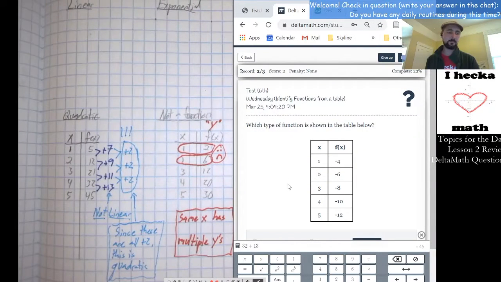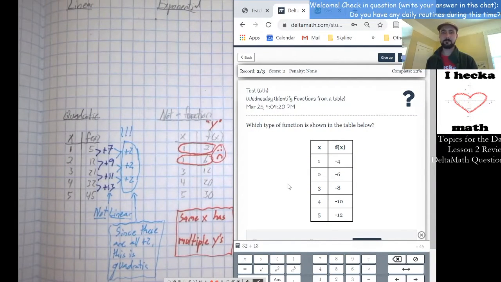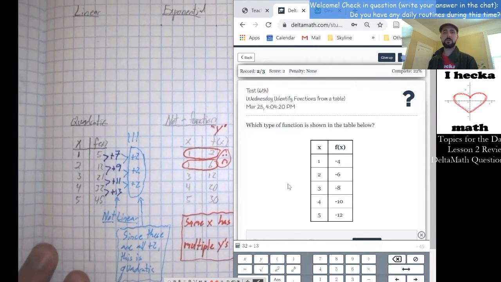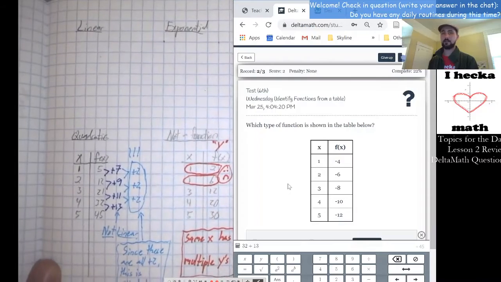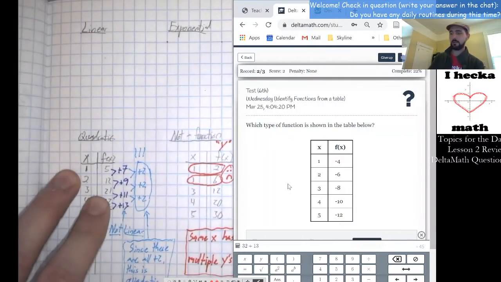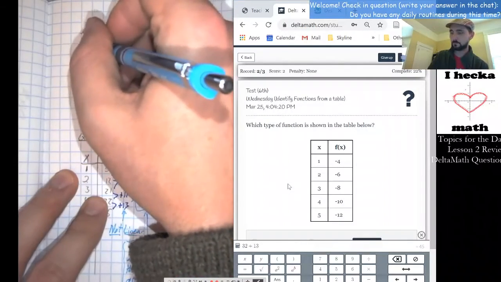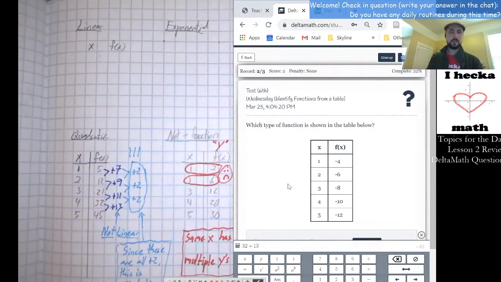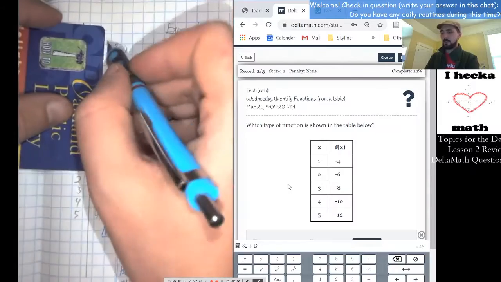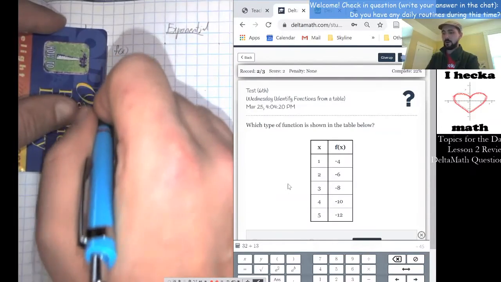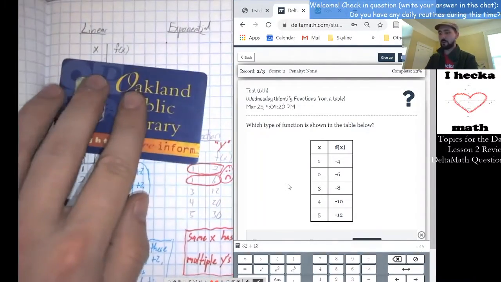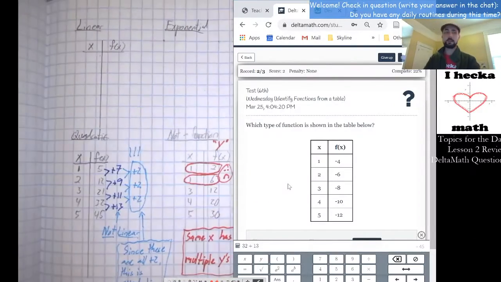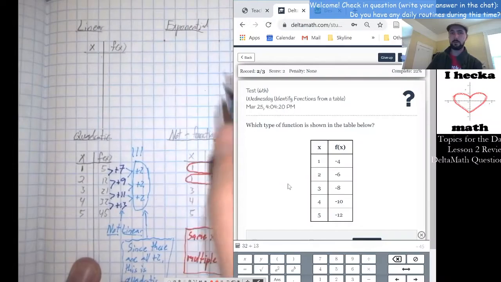So this one is not a parabola. This one is a function. And this one is going to be a linear function. And let me show you how I know. Now, if you think you know what I'm going to say, great. If you want to see if you can figure out why this is linear on your own, you should pause the video if you're watching the video and see if you can figure this out